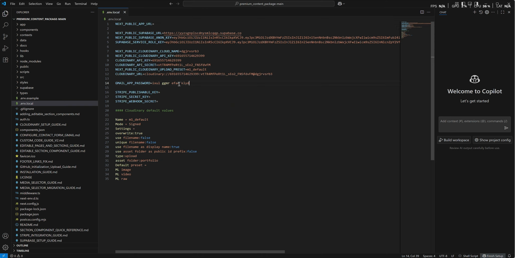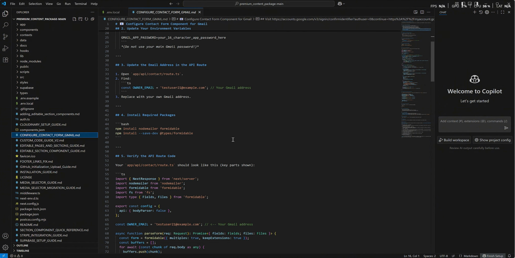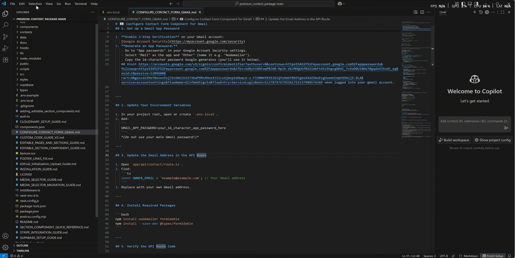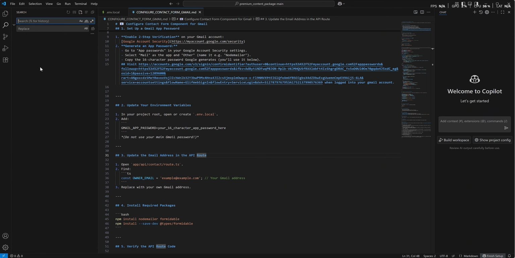While we are working on our app password, we need to tell the whole application, once again, which Gmail account we're going to be using for this application. If we were to go to the configure contact form, once again, this is all clearly explained in here. If we simply go to Edit in our file menu up here, and we click on Replace in All Files, our keywords here are